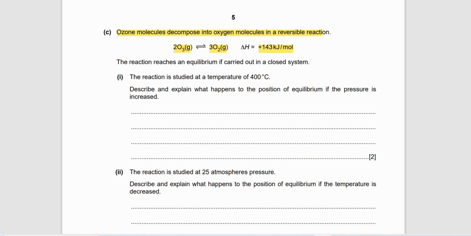Describe and explain what happens to the position of the equilibrium if the pressure is increased. You know that when the pressure is increased, gases in equilibrium shift from the higher volume to the lower volume. So you can see over here that we have three moles of oxygen molecule and 2 moles of ozone molecule. When the number of moles is higher, the volume will also be high, so the reverse reaction will be favored,